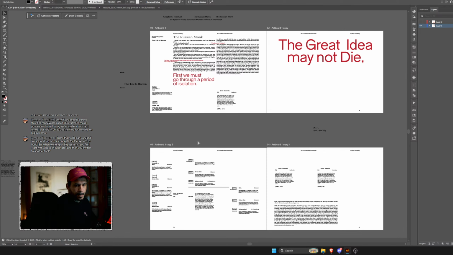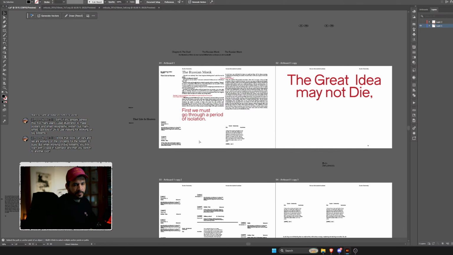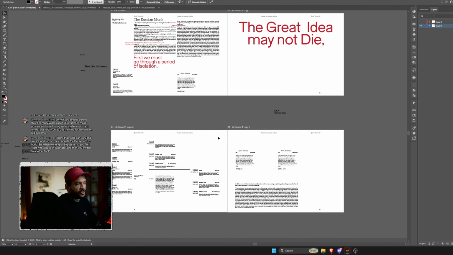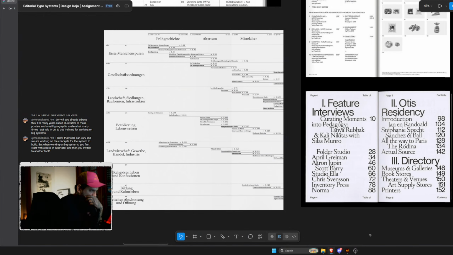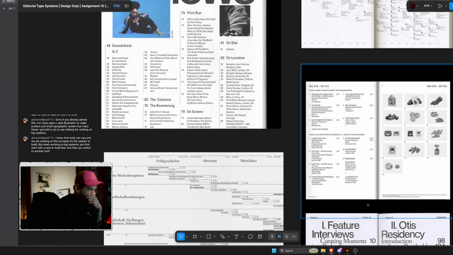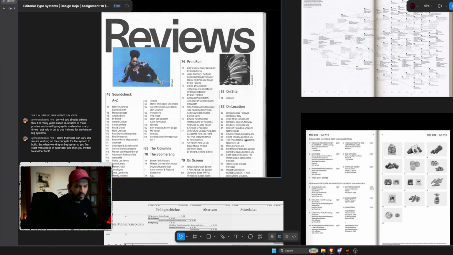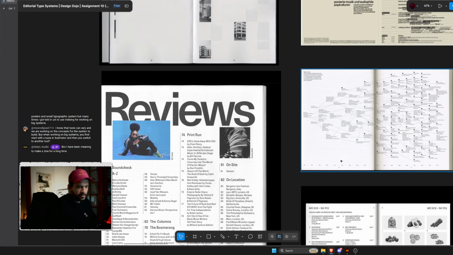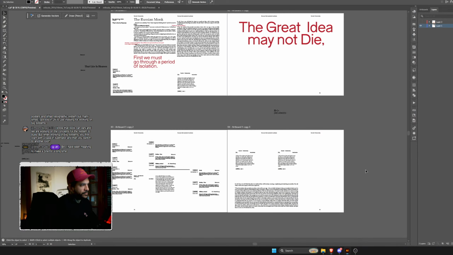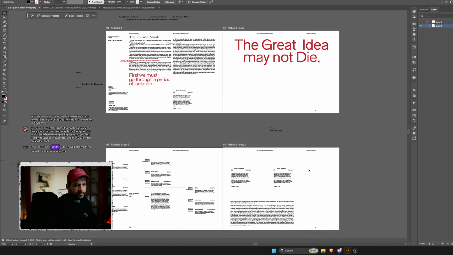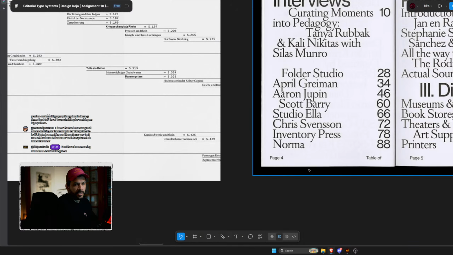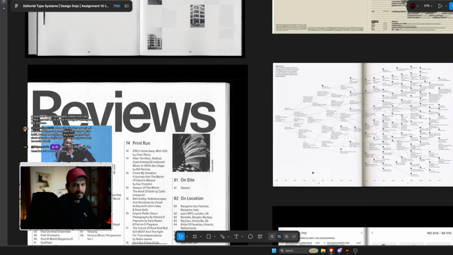You see what I mean? This is what you need to start to pay attention to. If we take a look at this, you see it's all kind of the same, how they are ordering the information. It looks kind of like this.